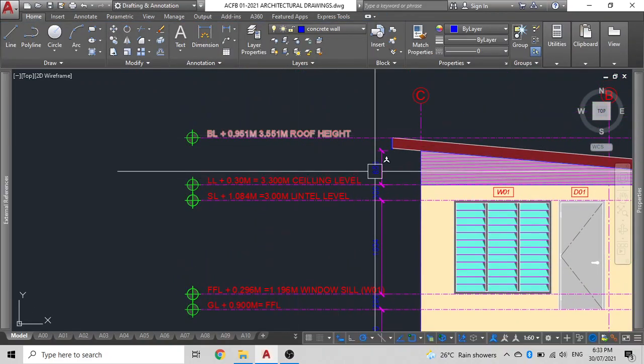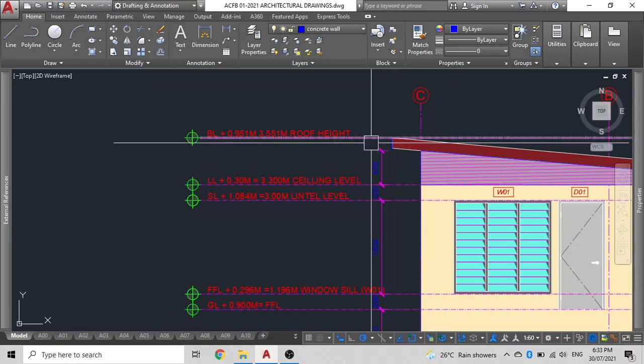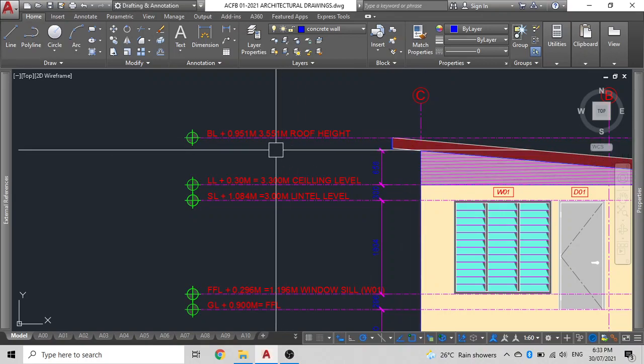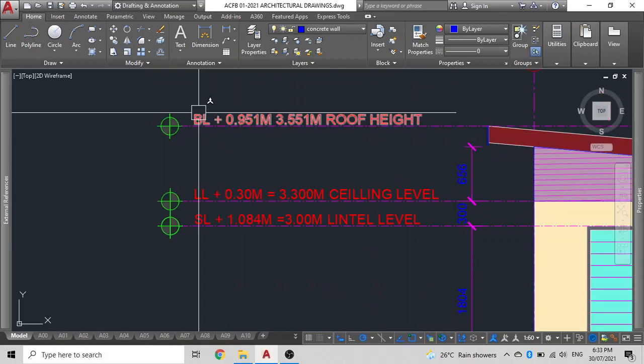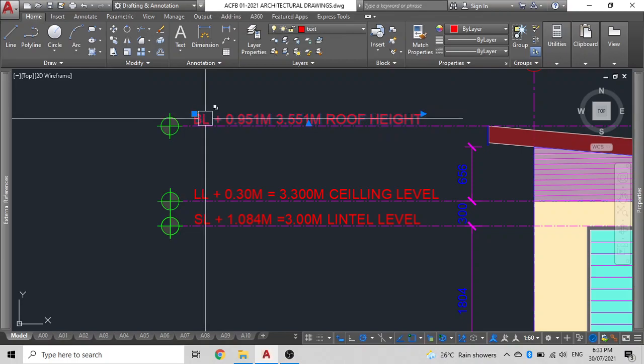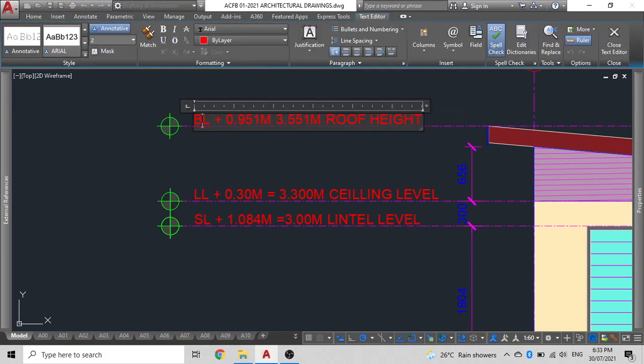And then from there you just measure the distance between these two lines, do a DI plus enter, 905. So we'll say LL plus 905, lintel level plus 0.905